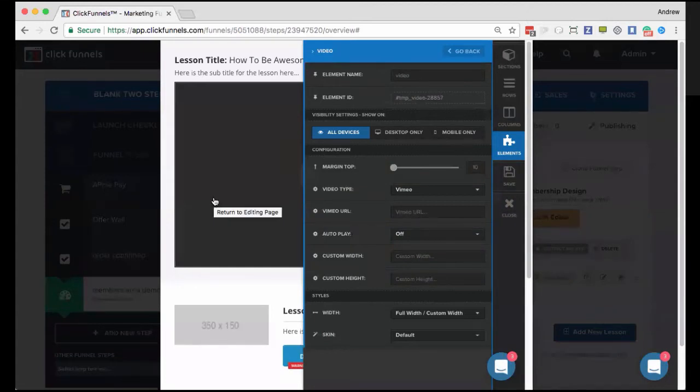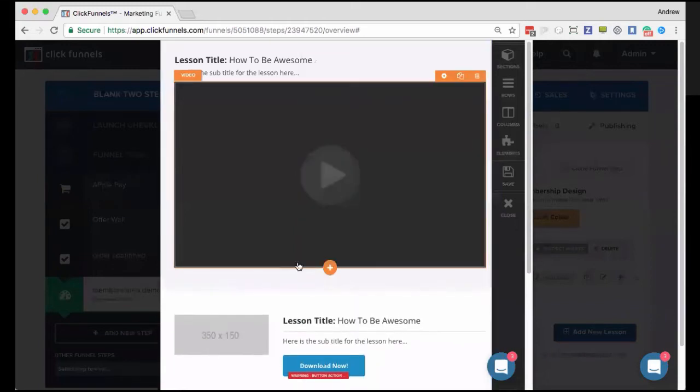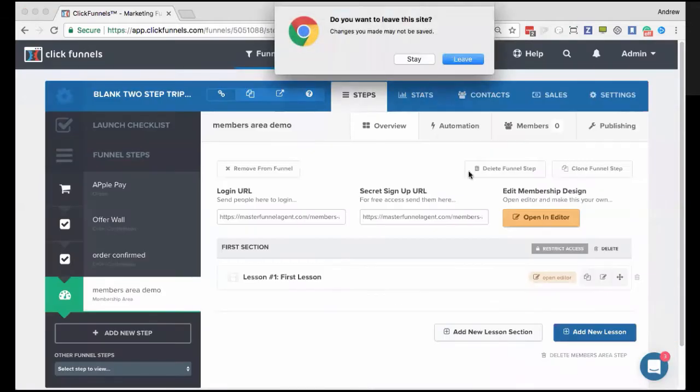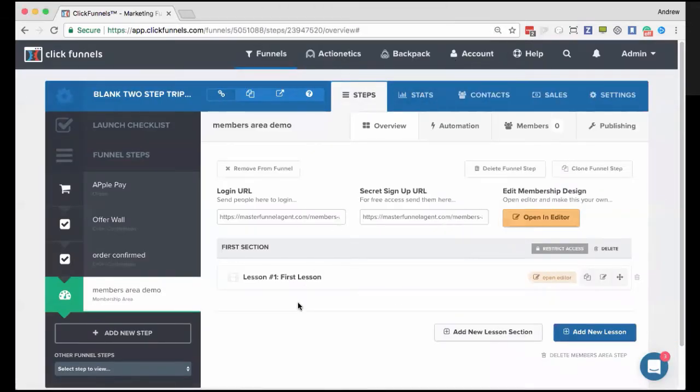If you are doing this, you have your URL here and it's still not working, what you're gonna need to do is open up a support ticket, and one of our support agents will be standing by to be able to go in there and take a look and see if there's anything that is awry in your funnel there that can cause it to do that, and then we can get that video playing or underway.